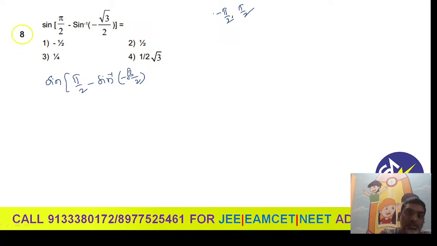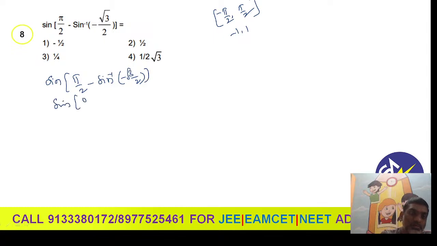The closed interval minus pi by 2 comma plus pi by 2 is the range of sine inverse of x, and the domain is minus 1 comma 1. Anyway, this value is between minus 1 and 1 only, so we can write this directly as